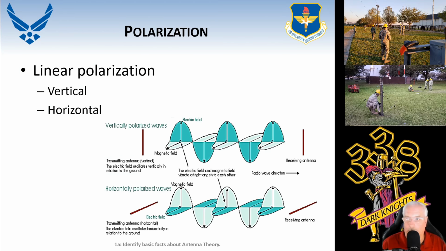With the vertically polarized waves, the E field goes up and down, whereas the horizontally polarized waves are going from side to side. On the past slide, you see that the like antennas have to have the same polarization in order to communicate with each other. In other words, you have to have 2 vertically polarized antennas to talk and 2 horizontally polarized antennas to make communication. You cannot have a vertical antenna trying to talk to a horizontal antenna or vice versa.